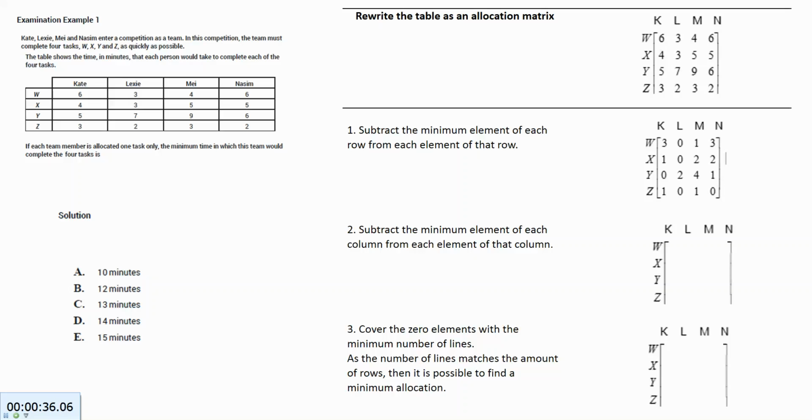Now what we need to do next is subtract the min element of each column from each element of that column. In our first column, our minimum is 0, so we don't need to do anything. In our second, it's still 0, so we don't need to do anything. In our third, it's 1, so it becomes 0, 1, 3, 0. And our last column is 0, so we don't need to do anything, so it becomes that, 0, 1, 3, 0. Now what we need to do is cover the zeros with the minimum number of lines, okay? And because of that, what we need to do is draw the lines to get the minimum